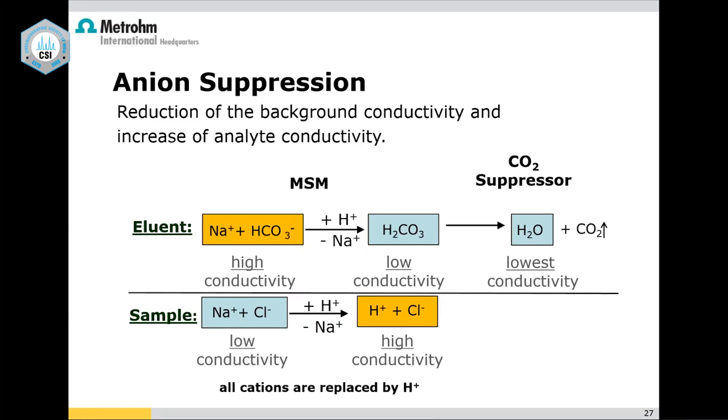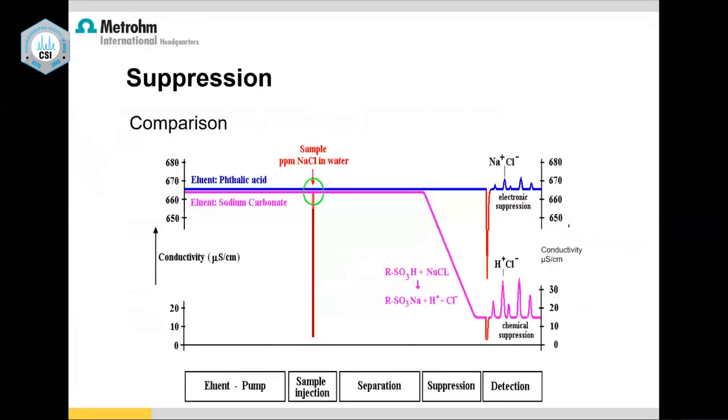So how do we see this pictorially? You can see it here. The sodium carbonate eluent has a conductivity, whatever concentration I showed you, let's say 3.2 millimolar or 1 millimolar. This concentration is around, let's say, 700 microsiemens. When I use a suppressor, because of getting converted to H2CO3 and later to H2O, it is somewhere between 10 to 20 microsiemens, which is around 15 microsiemens. And if you see the sodium chloride peak and HCl peak, see how it is. Just because of the contribution from H plus ions, you have a huge difference in the peak height and of course peak area also.